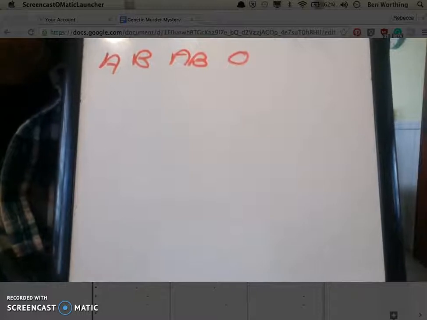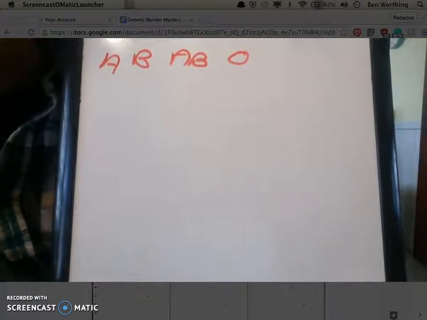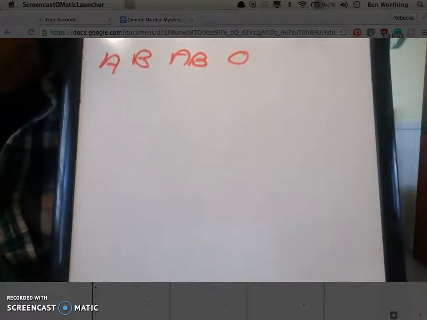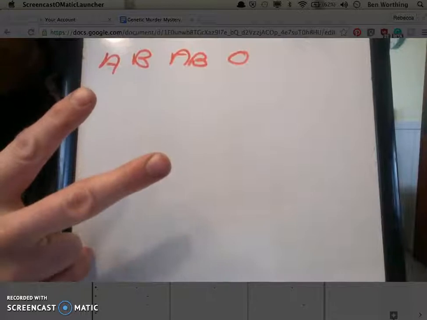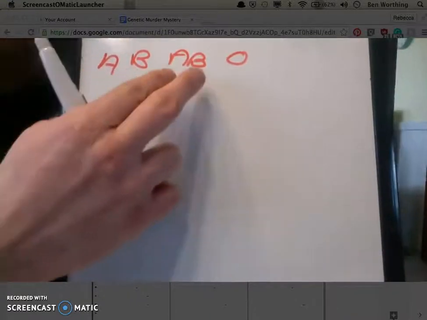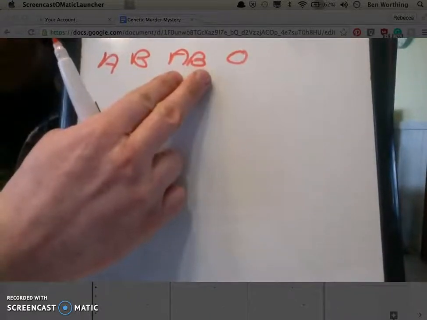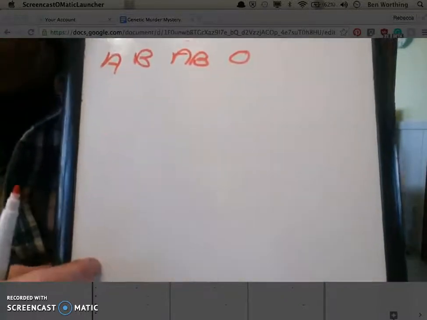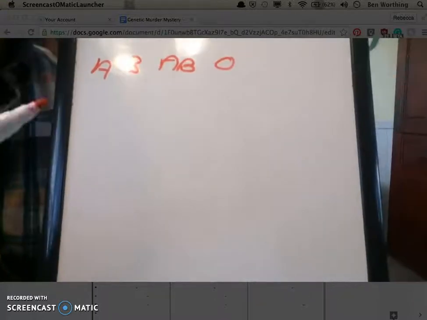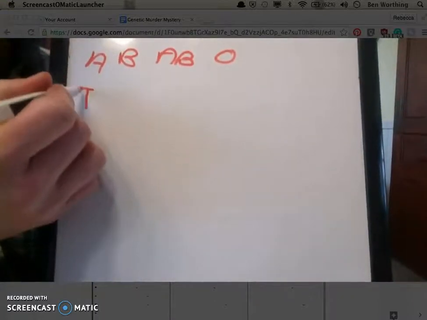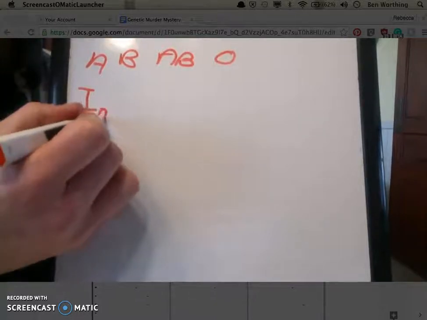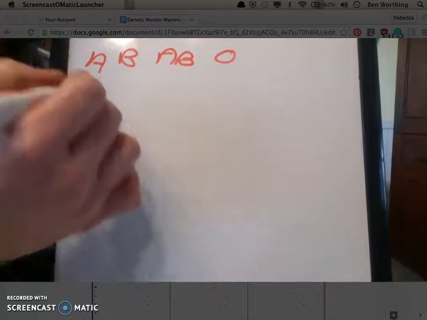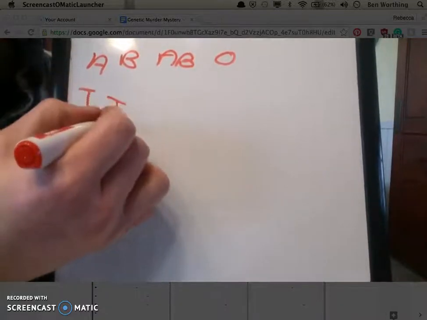So this is not your typical dominant recessive. A is dominant and B is dominant, so it's what we call codominance. You actually have 2 different dominant alleles, and when they combine you get that codominant blood type AB. The recessive is O. Geneticists do this kind of funny. They'll use a letter I and put a little subscript, the A next to it. So a blood type A can either be this